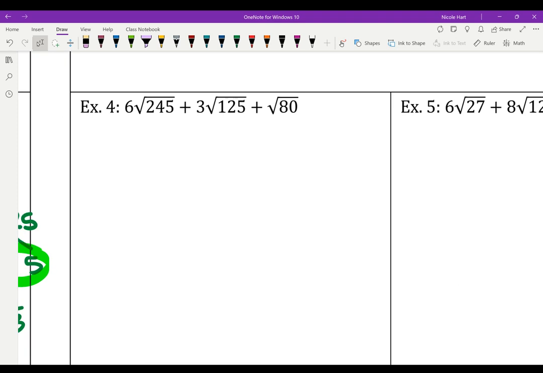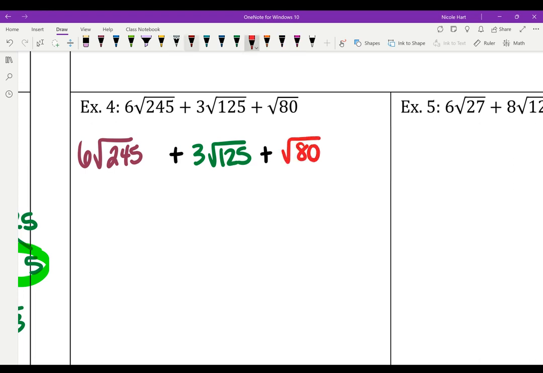All right. Our second set of examples, 4 and 5 here, have radicals that have not been simplified. So sometimes we are going to have to simplify them first. So we're going to try to reduce the inside number and make the outside number bigger. So I'm going to do this piece by piece. So I'm going to do 6 root 245. And then we will work with 3 root 125. And then lastly, we'll look at